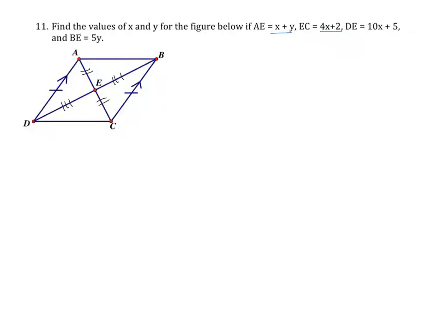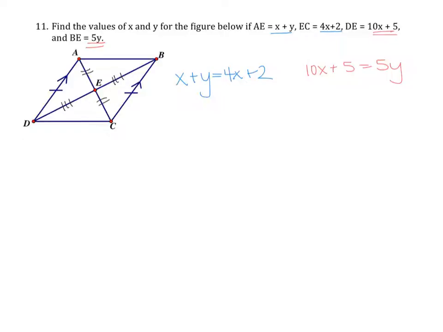AE and EC are going to be equal to each other, so x plus y is equal to 4x plus 2. Also, DE is equal to BE, so 10x plus 5 is equal to 5y. Now I have two equations with two variables each, which makes it difficult to solve. So I'm going to choose to solve for y